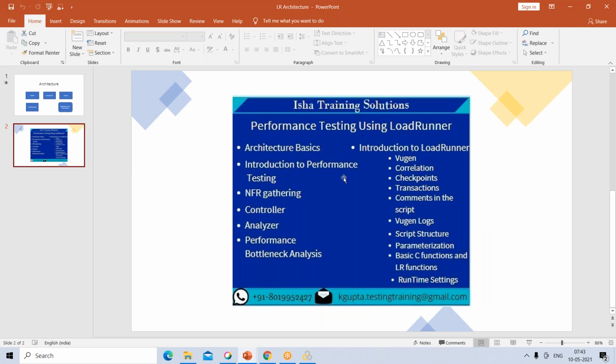Apart from architecture basics, performance testing, and requirements gathering, we'll also be covering some C language basics, for 3-4 sessions, to tweak the script. We record some scripts, so we have to enhance them so that they run a number of times. For that purpose, we'll be learning some C language basics.